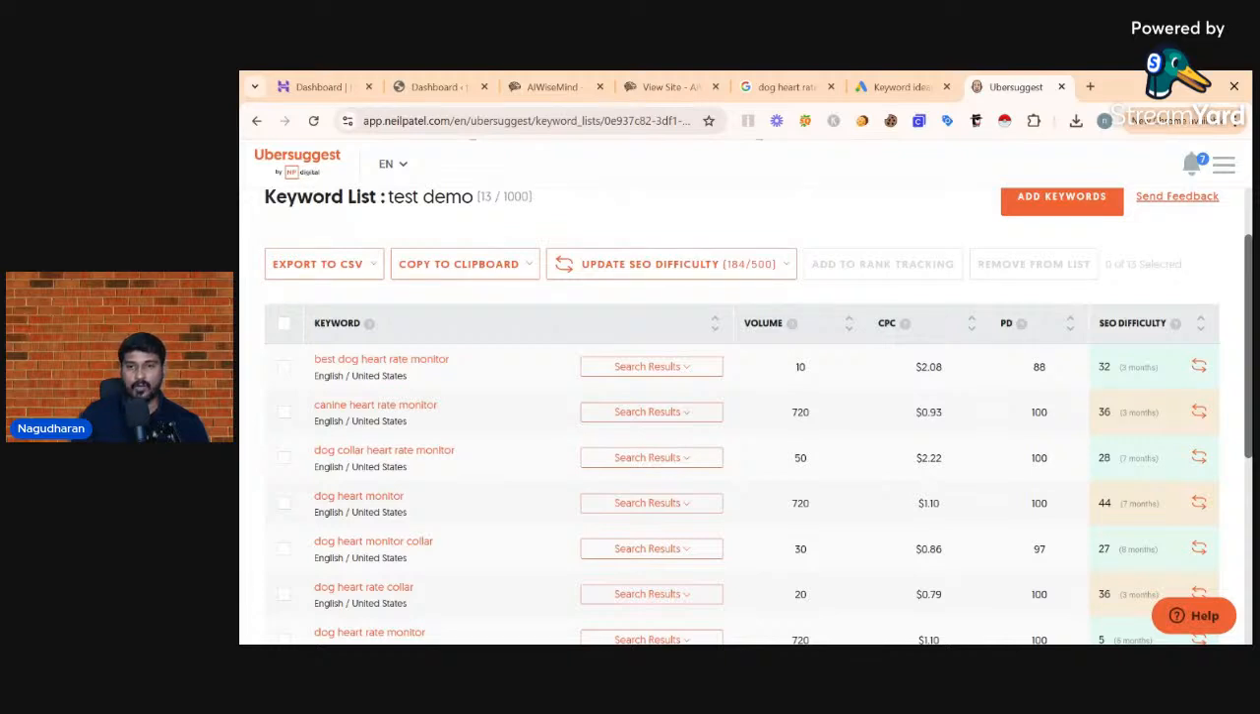If we find keywords like that, all those keywords we can target in our website by creating the content and doing on-page and off-page SEO. It's very simple. Okay, so in this case I have found